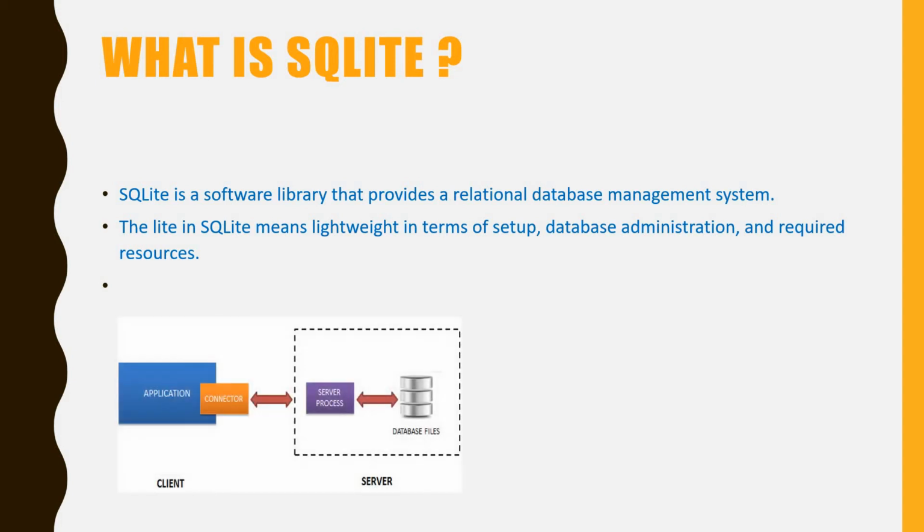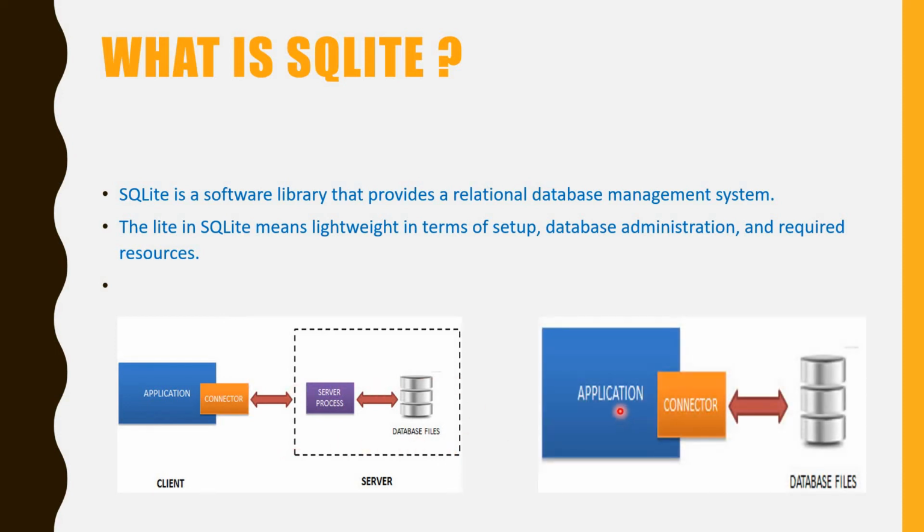For example, this is our website's architecture. Here, this is the website, this is the connector, and this is the server. As an example, if I have developed a Java application, this is our application, this is our JDBC ODBC connector, and this is the server. Now let's see our application architecture. This is an Android app, this is a connector, and this is a database. Now what is a connector? Here the connectors are Java classes which are present in Android by default.